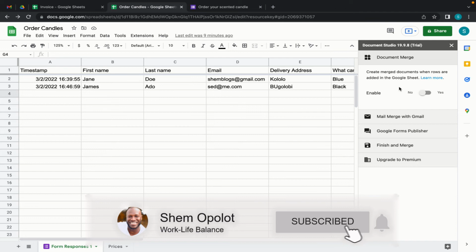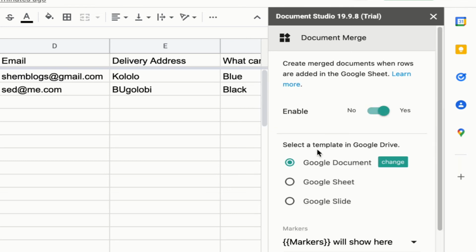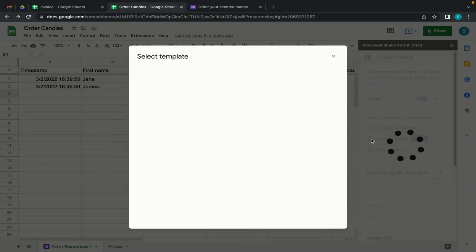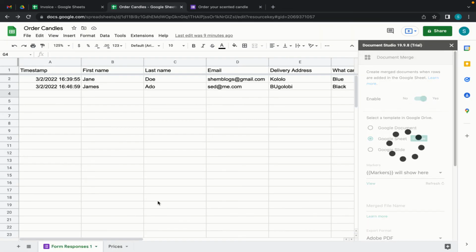Now we have to answer a bunch of questions so that all this makes sense. So first is create merge documents when rows are added in the sheet. This is what we want to do, so we click yes. Then it asks us to select a template in Google Drive that we want to merge to this sheet, and what we want to merge is a Google Sheet. And what Google Sheet is it? We want to merge the invoice template. Okay, does that make sense? So I select that